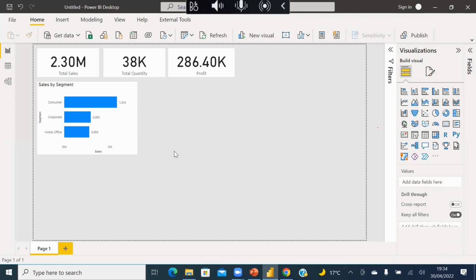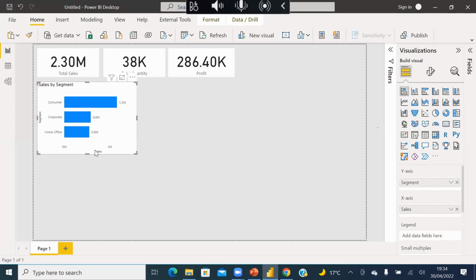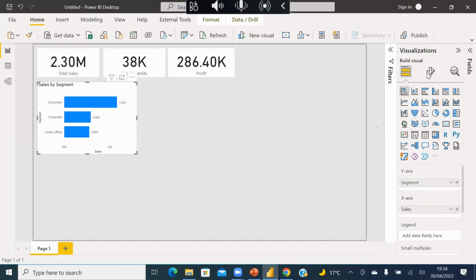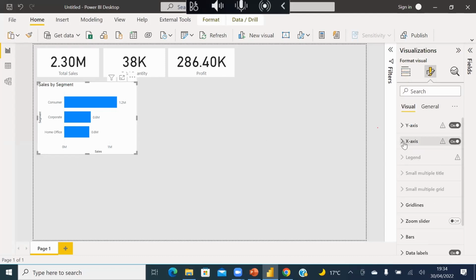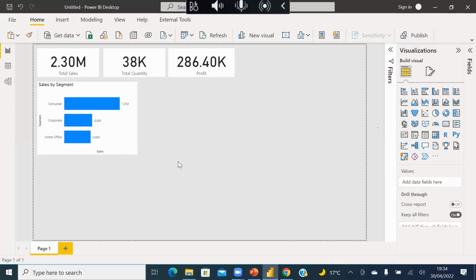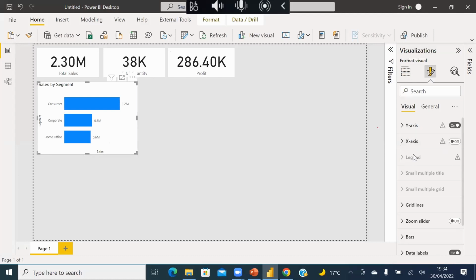So your graphs have axes. The idea of graphs you know before remains the same. The horizontal line right here is your x-axis, and the vertical line is your y-axis. If you go to format, you find the same thing here. On the x-axis, we can choose to turn it off, right? You turn it off. Now we have the values here. You can also increase the font size.